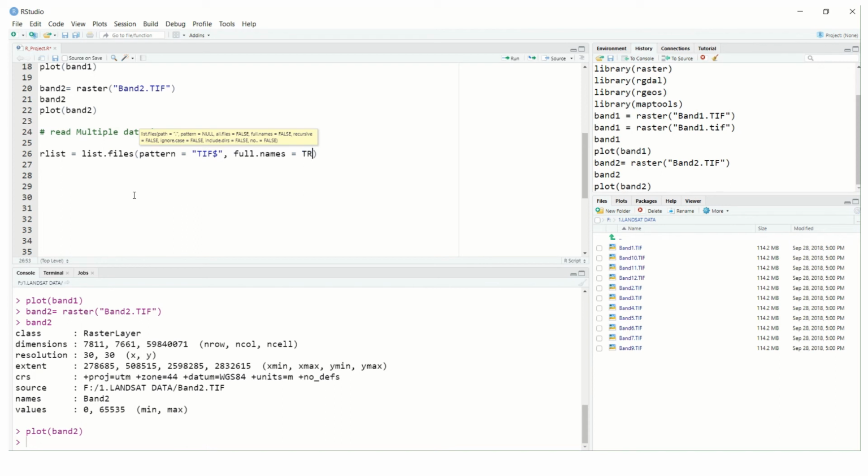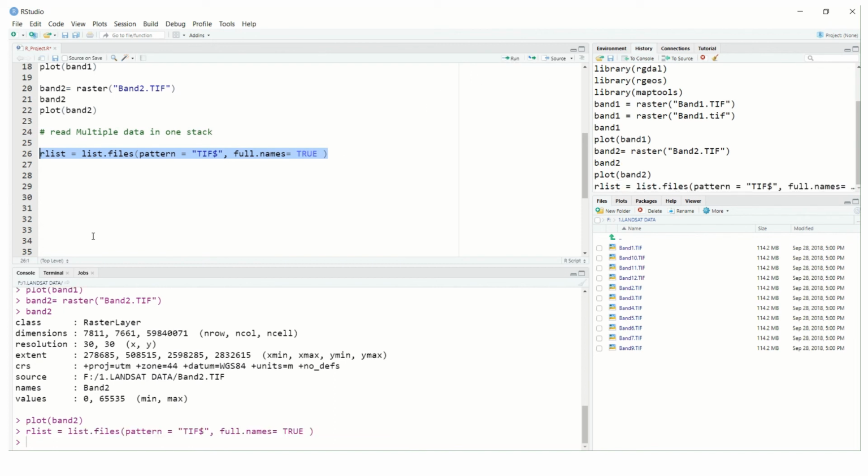Yes, you can see full.names. So when you start with list.files, you can observe what all things should come under list.files, and in full.names also is equal to TRUE. Okay, so this is my code line; we will check whether it will run or not. I think this is correct.